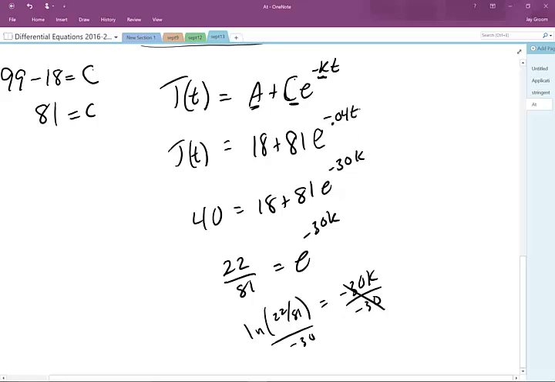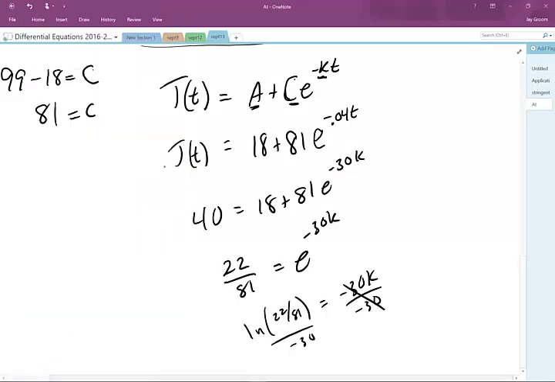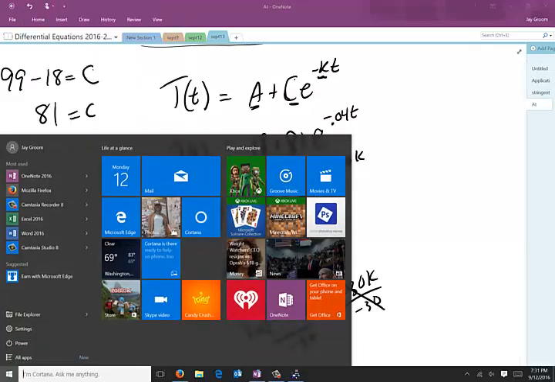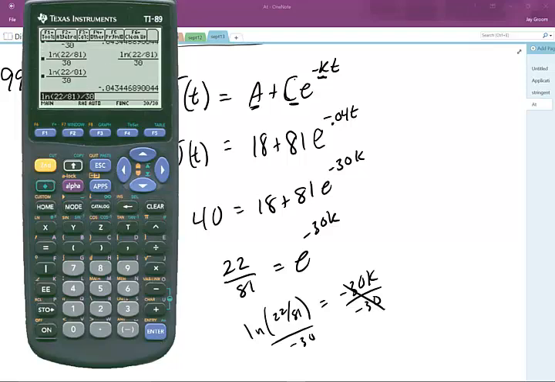Right there. Notice if this negative hadn't been here, then what I would have ended up with is that, which is the same thing, but if I had a positive k, it would have come out to the negative 0.04. And then, of course, if I graph that guy,